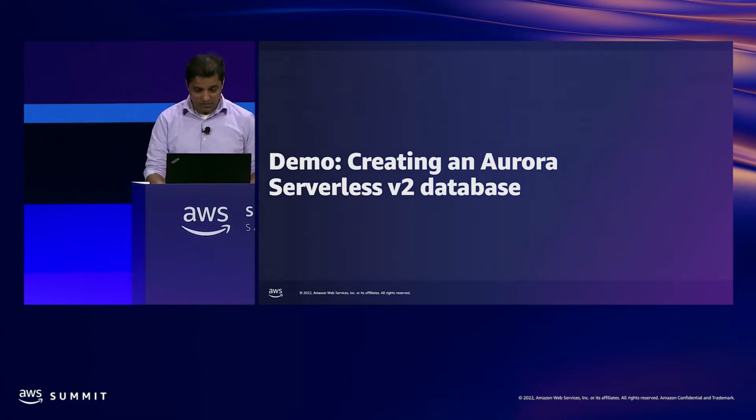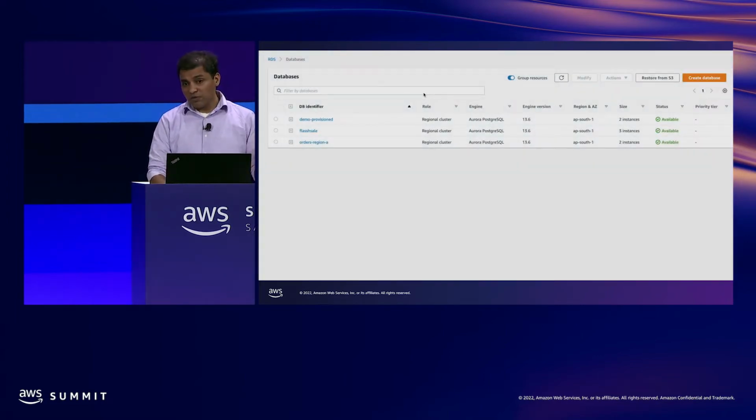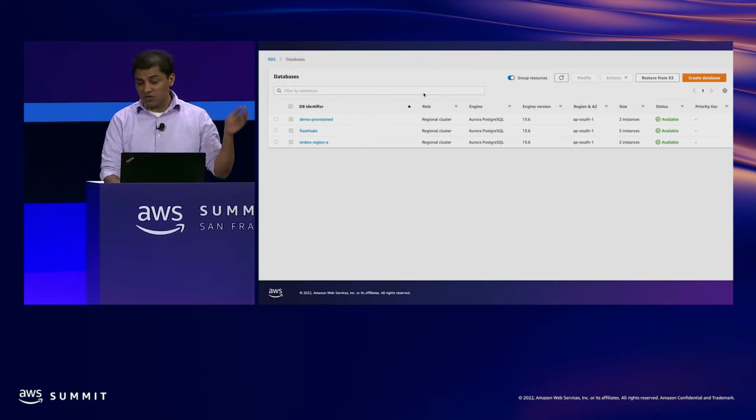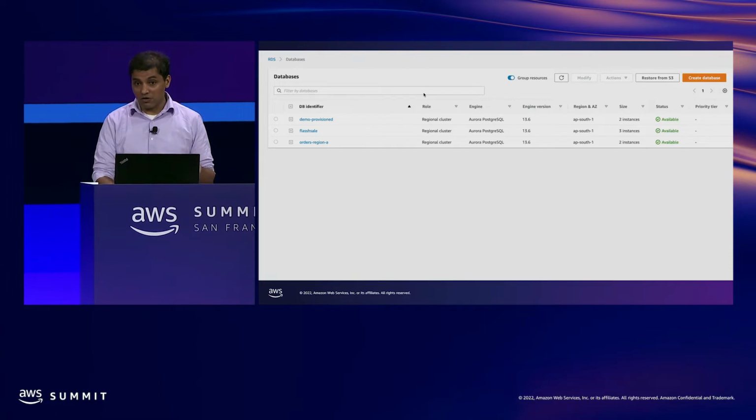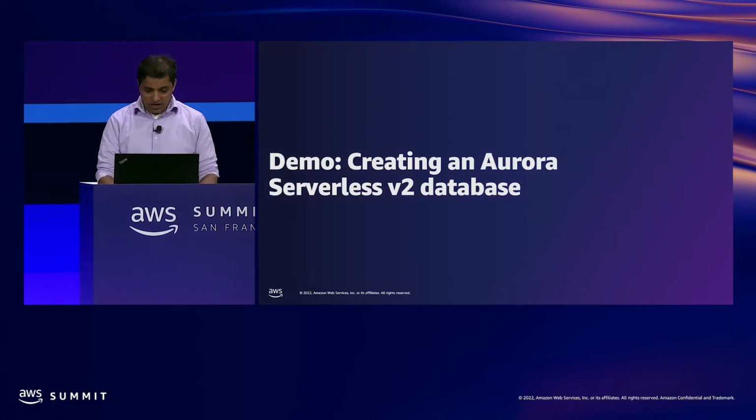All right, let's get started. So this is your familiar RDS console. Again, Aurora Serverless is a feature of Aurora, so you'll still be going to the same console. And to create a cluster,